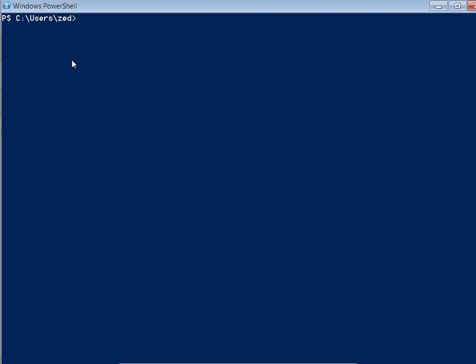Now, if you are unfamiliar with PowerShell, or the command line in general, there's an appendix to the book and a video for Windows that will teach you the very basics of command line. And it's also a very good kind of bootstrap to get you into programming. The command line is nothing to be afraid of. You don't have to believe people when they say that it's archaic or the old way to do things. It's fine to learn it. So just go learn the command line if you haven't used it before. Once you do that,